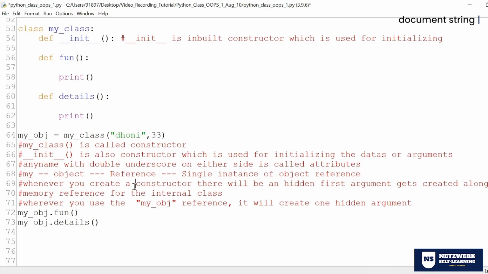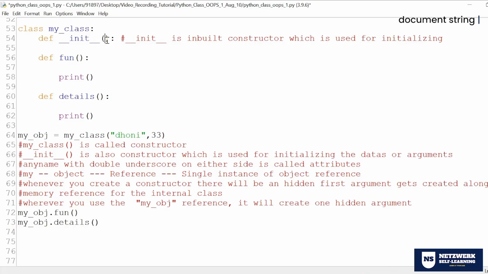Look at that line number 69. Whenever you create any class constructor, it will always have a hidden object. So I have to pass these three, one of which is already hidden, to my init, because we have seen in functions that the number of arguments in the definition should match the number of arguments in your calling. Here in your calling, we found that there are three arguments. So I should make sure that init gets the data in the same order.